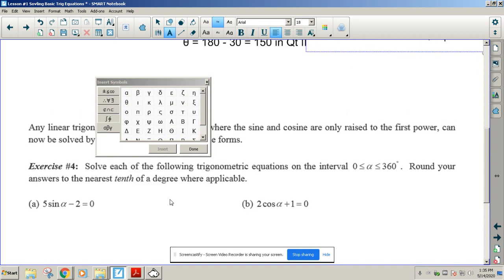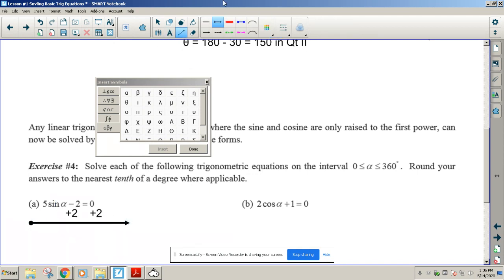Now, if you could solve a regular equation that you've been seeing ever since you started school, you can solve these equations. Take a look. 5 sine of alpha minus 2 equals 0. Well, if I'm going to solve this equation, I am going to add 2 to both sides. And when I add the 2 to both sides, what I'm going to get is 5 sine of alpha